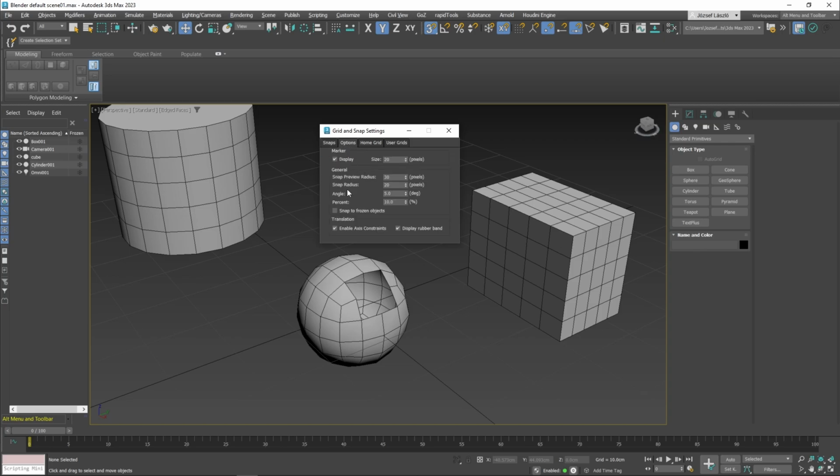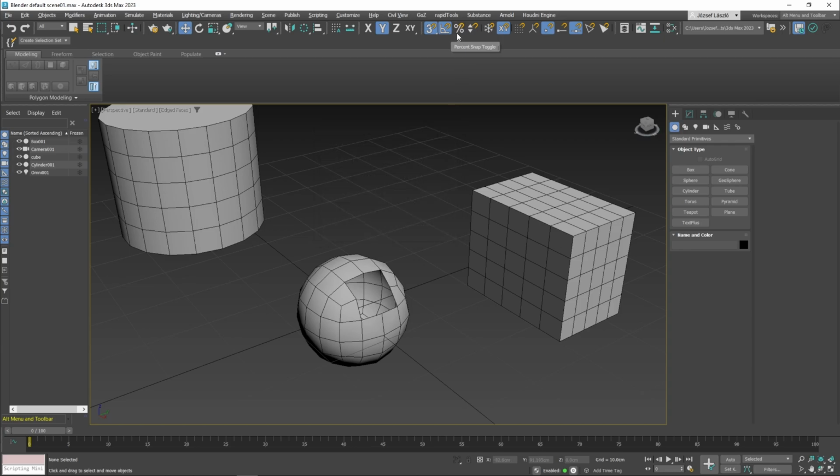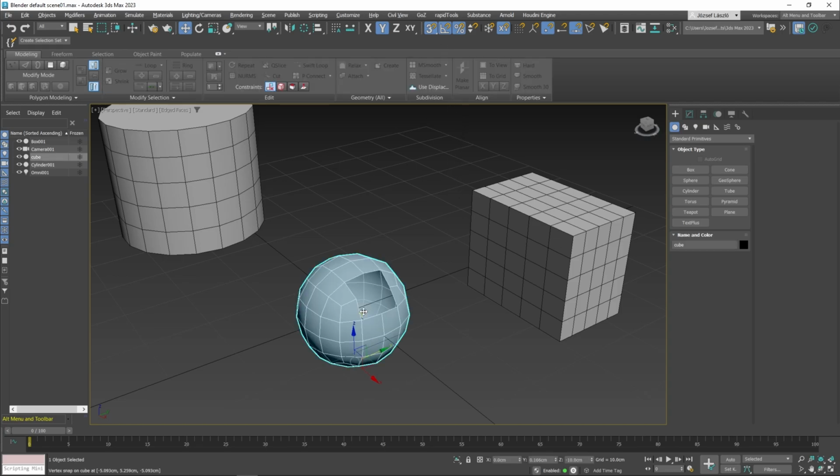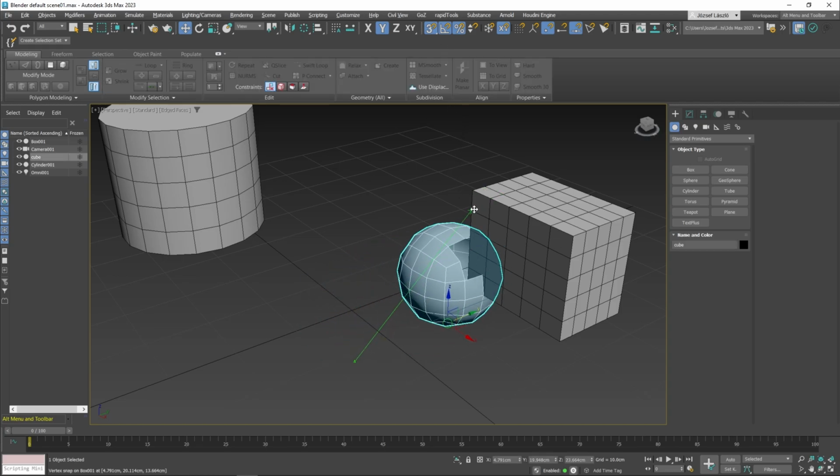Then there is angle snapping, and if you turn this on, it will turn it on, but the window is right here under options. And there is also the most important button here called enable axis constraints, and there is also a percent option if you're interested in that for scaling. So let me just turn on everything. Now in this case, I snap to vertex like this,